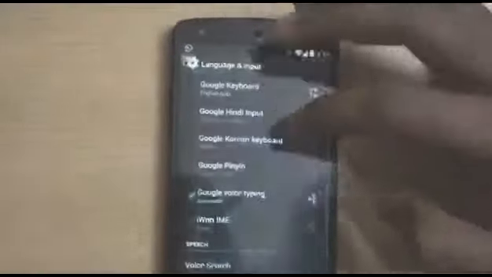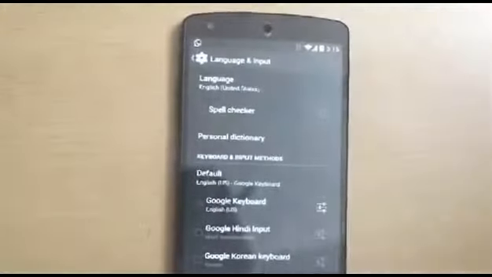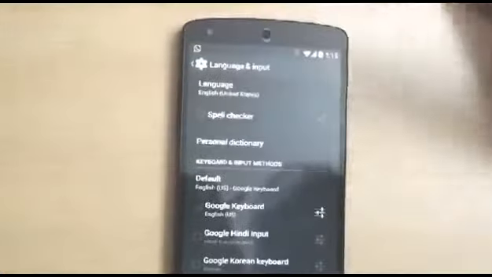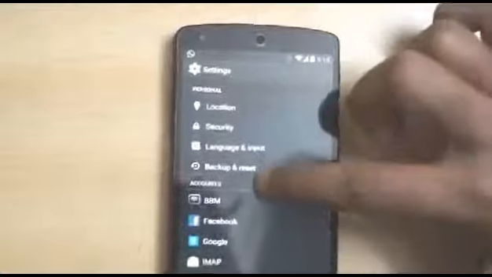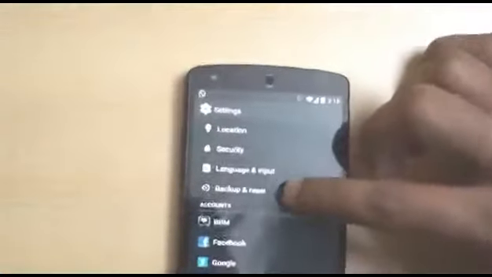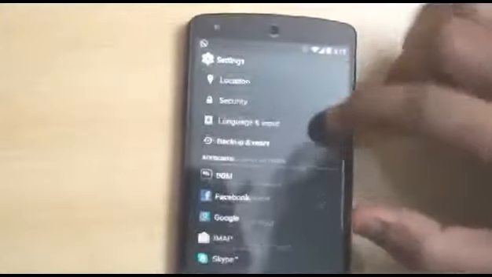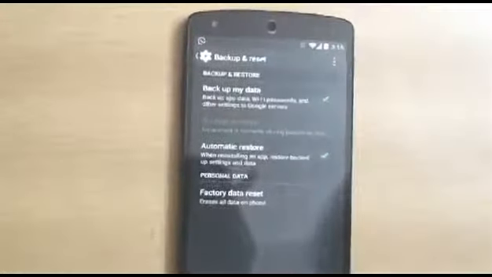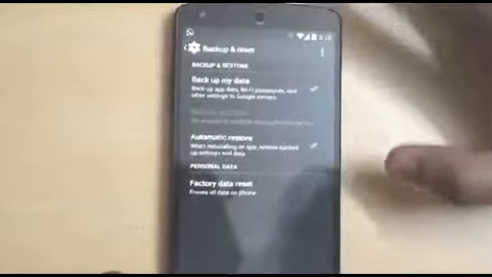I just disable this block offensive words because it's not much of use to me. Spell checker, I just disable this feature. The reason being because whatever I type, it just makes its own corrections to that. I don't like that. I use Hindi sometimes in my texting. Okay, we were here. Backup and reset, that comes default enabled, and you can use that feature